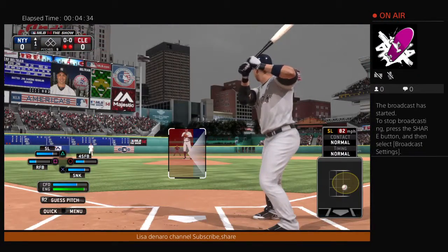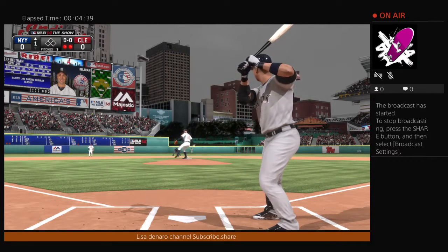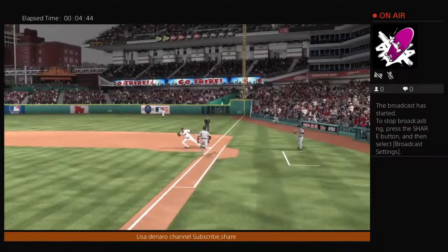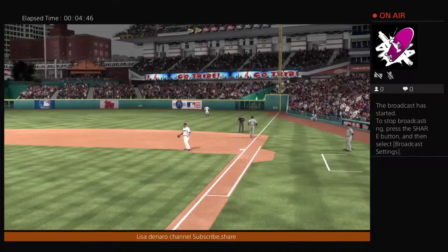Carlos Beltran will have his first opportunity now as it comes with the bases empty here in the top of the first. Swinging, a tapper out in front. Throw on to first baseman Swisher, and the side is...